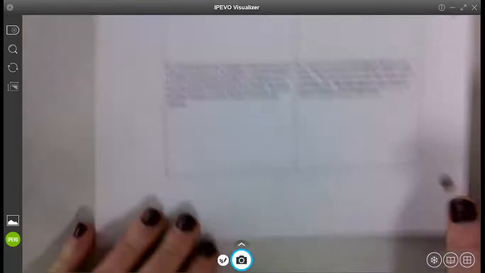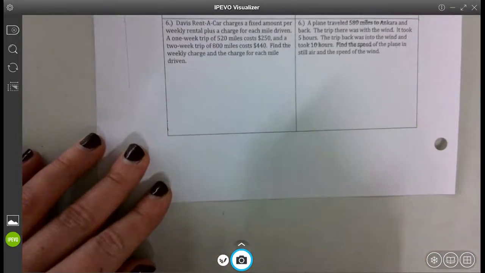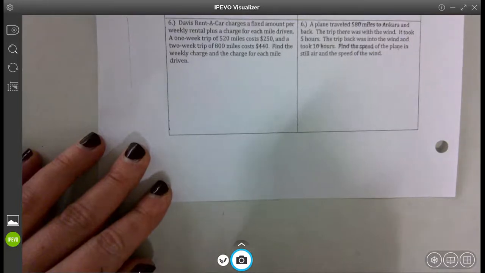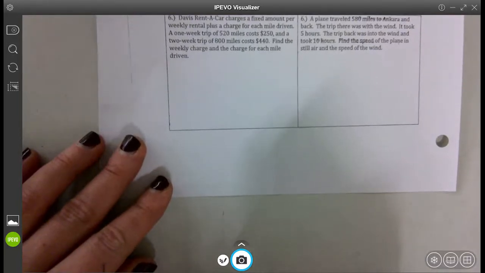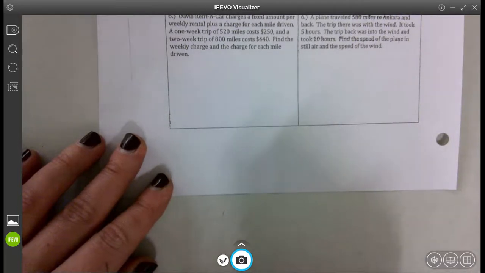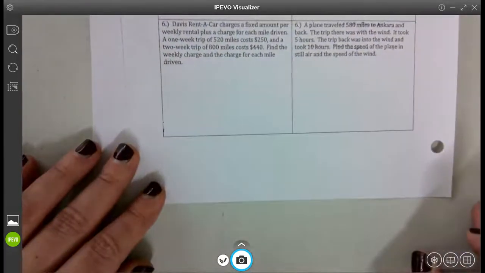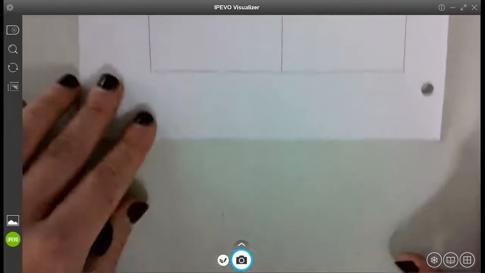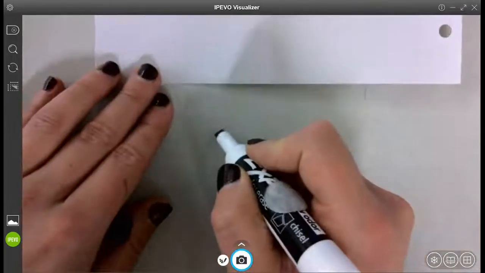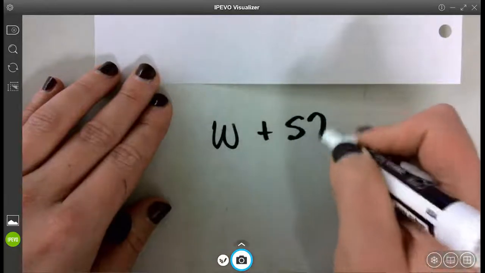Number 6 says Rena Davis charges a fixed amount per week, rental charge plus a charge for each mile driven. A 1-week trip of 520 miles costs $250, and a 2-week trip of 800 miles costs $440. Find the weekly charge. Okay, so you have your cost for a weekly trip, plus 520 miles,